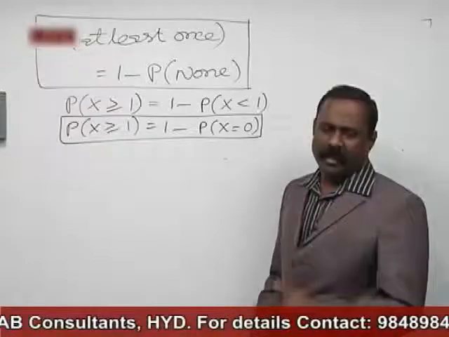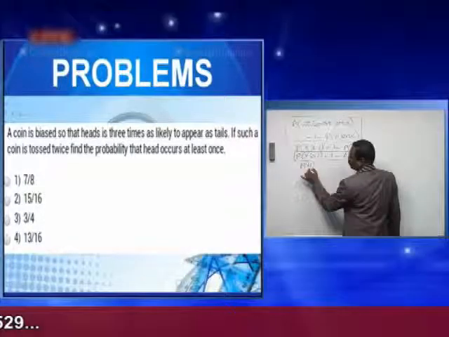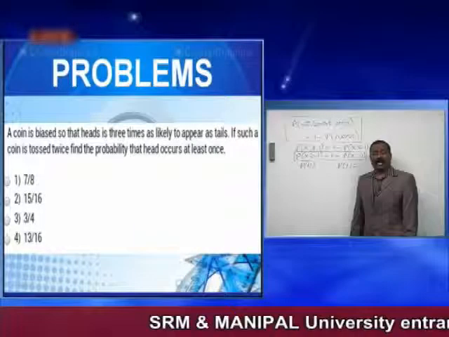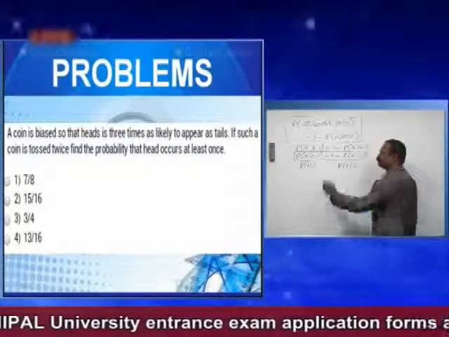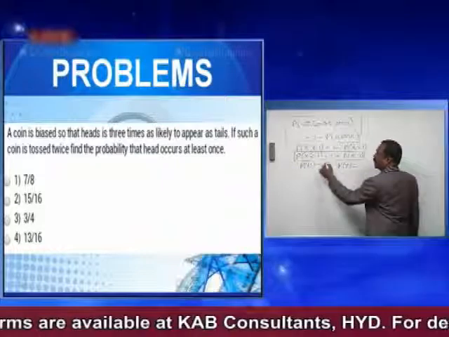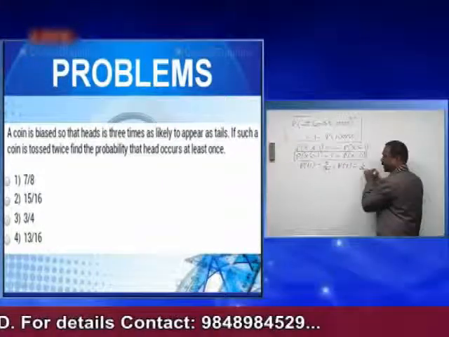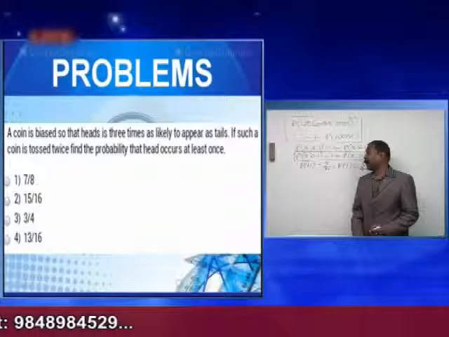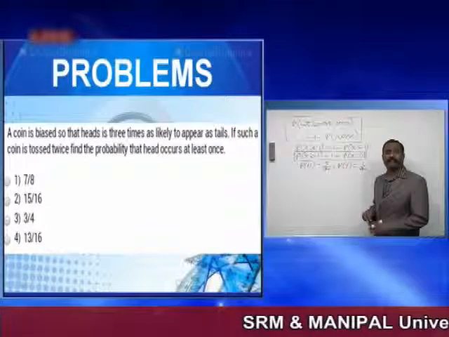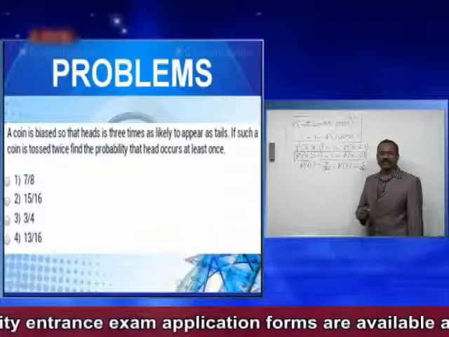Okay. Now, in this case, a coin is biased in such a way that getting head and getting tail are biased. Biased means the coin is made in such a way that if it is tossed 4 times, then head comes 3 times and tail comes only 1 time, 1 by 4. So probability of getting head is 3 by 4, probability of getting tail is 1 by 4. Understand? So what we want here is that head occurs at least once.